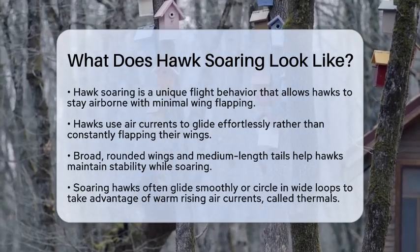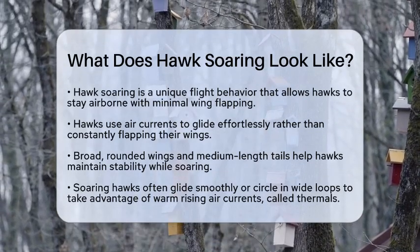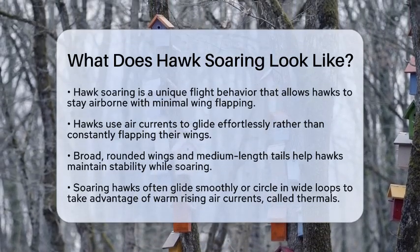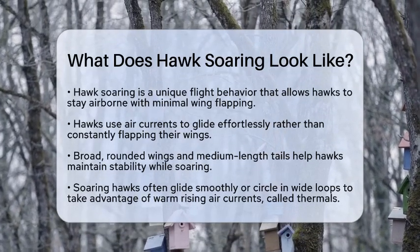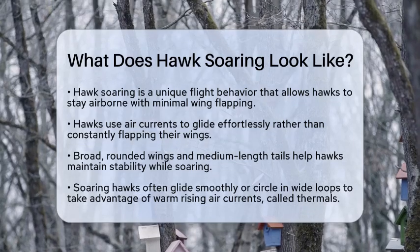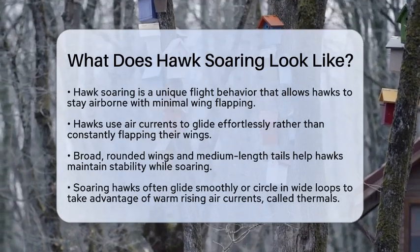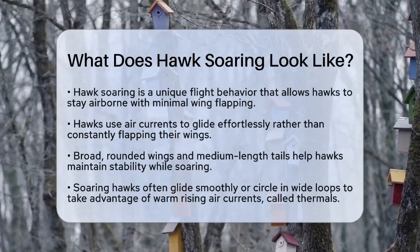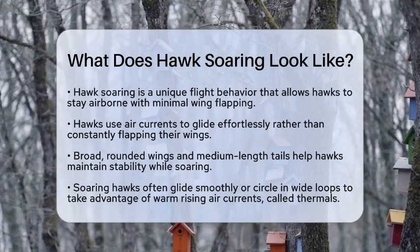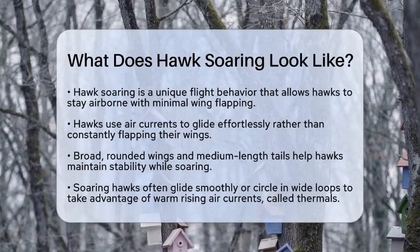Instead of constantly beating their wings, hawks use air currents to glide effortlessly. When you spot a hawk soaring, you will notice its broad, rounded wings and medium-length tail. These features help the hawk maintain stability while flying. As it soars, the hawk often glides smoothly or circles in wide loops. This behavior allows the bird to take advantage of warm rising air currents, known as thermals, to gain altitude without